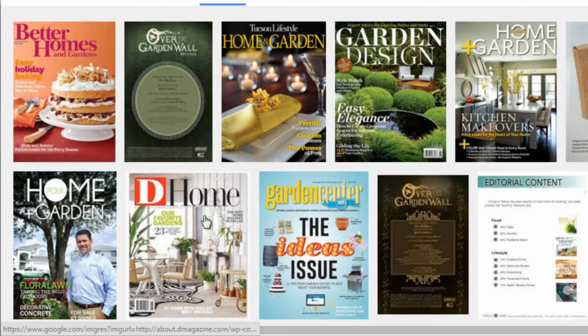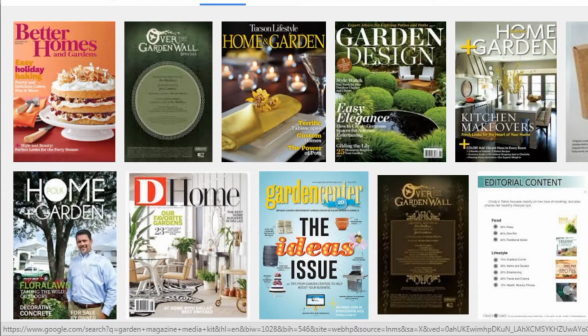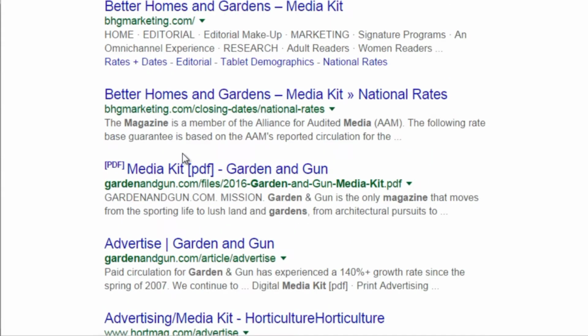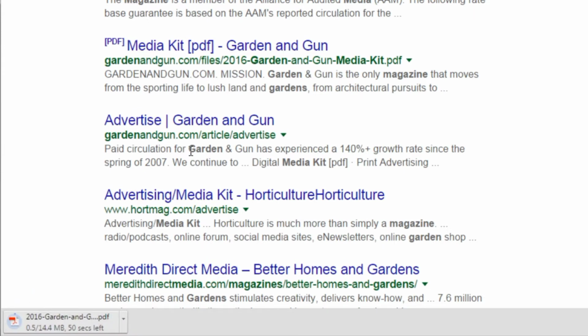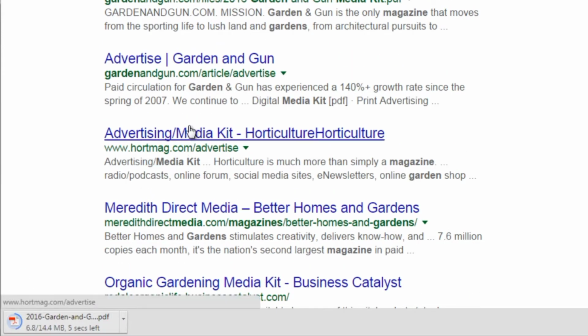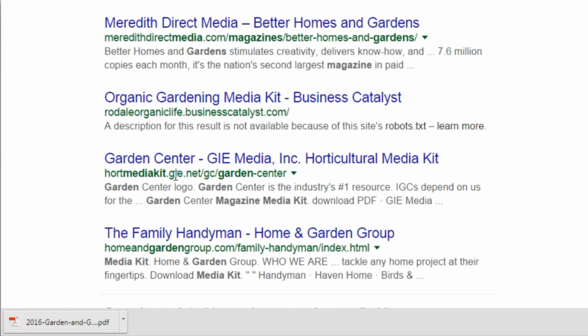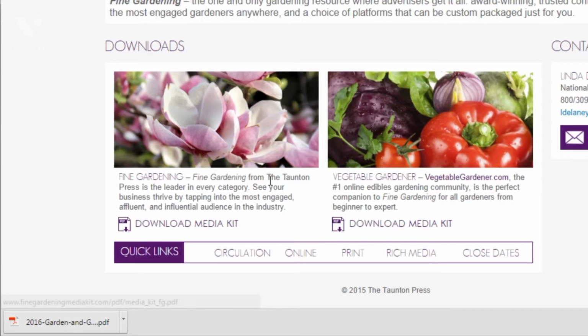So just by going through here and finding your perfect buyer and who they are, you can figure out other things as well. So we can see garden magazine media kit. We're going to go through here, and I'm going to go back to all. Just going to go ahead and click these here. We got Better Homes and Gardens media kits, garden and gun media kit, which is probably not exactly directly the same. Organic gardening media kit. And let's just take a look at what we found here. So find garden